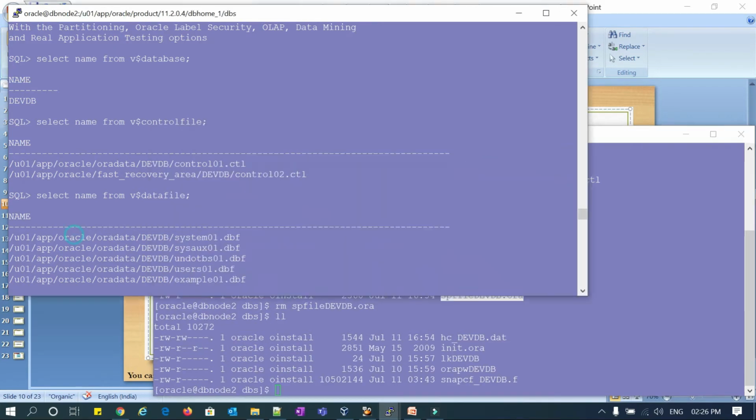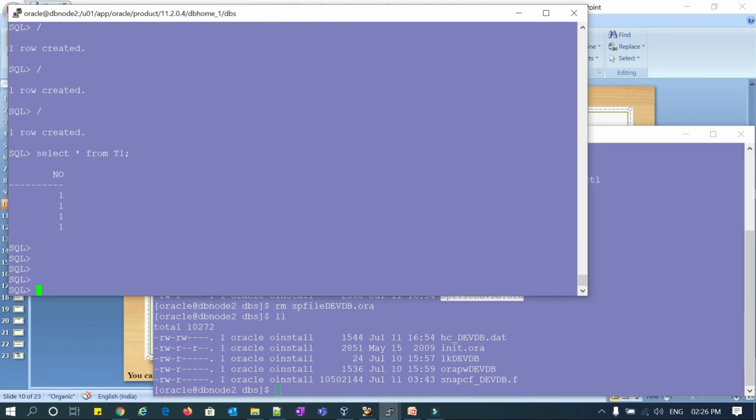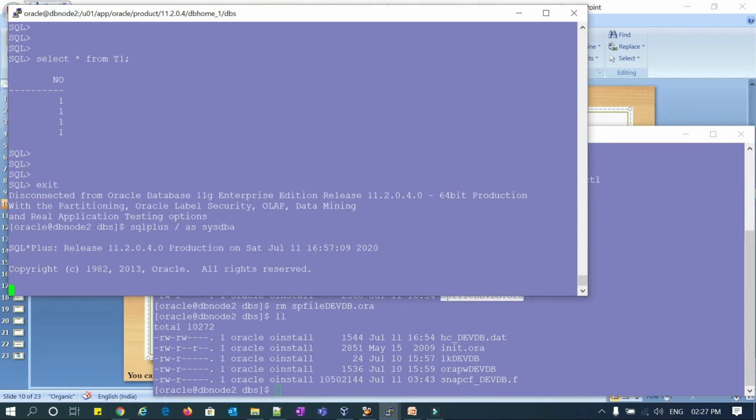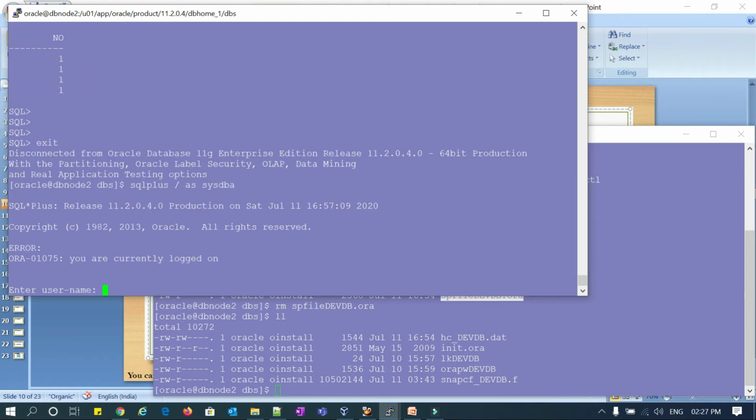Now if I try to connect to the database, I'm already connected, but here I am not able to do anything. Select star from T1, exit, and then try to connect. Currently, what are the errors?